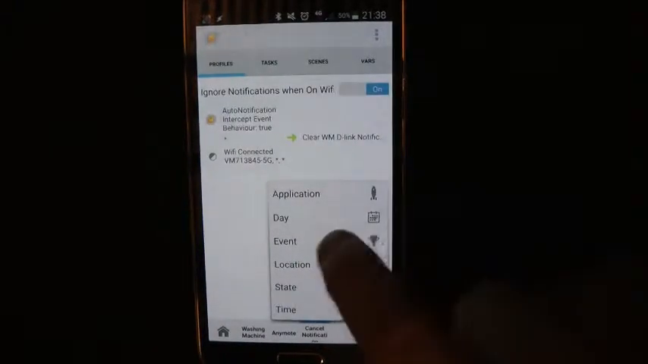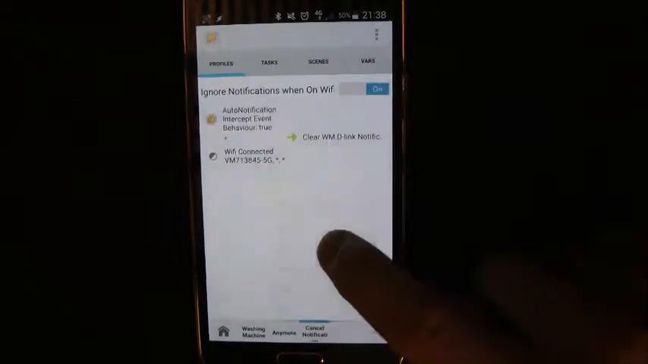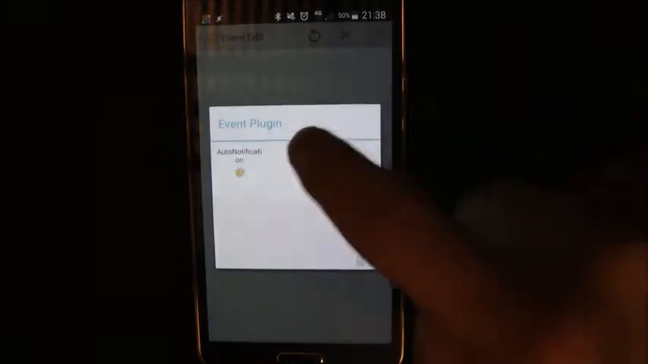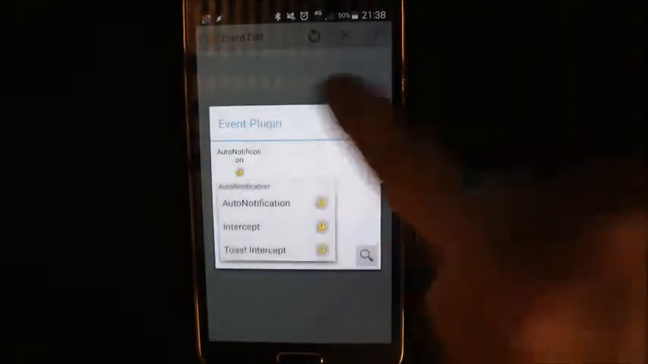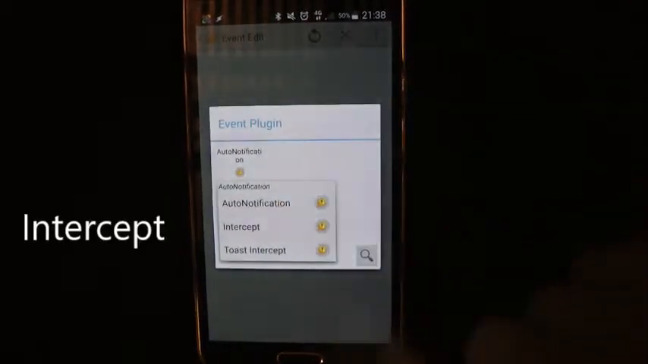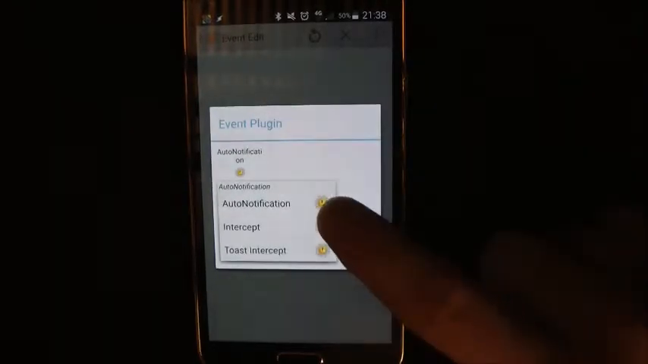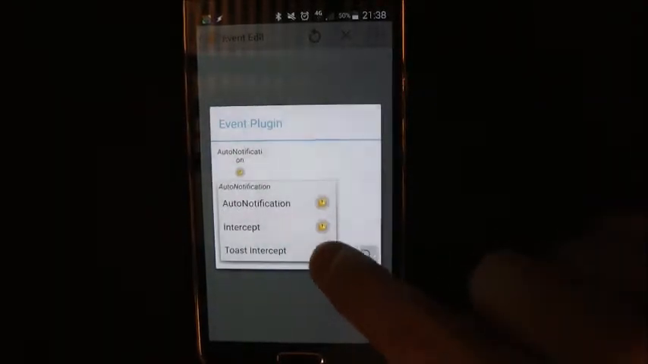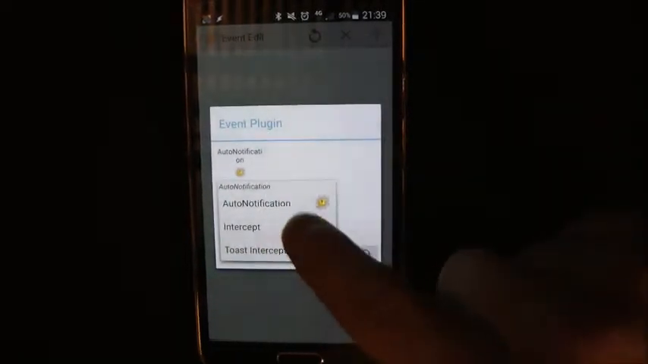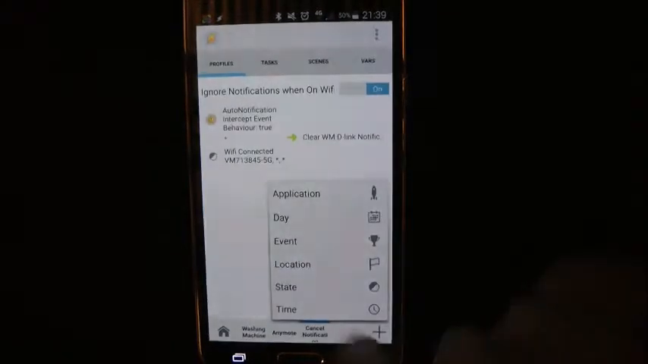and in this instance we want an event that's going to be the trigger, and the event will be the plugin of the AutoNotification, and that's type. And basically AutoNotification is going to detect the notification and pass all the information through to Tasker, and the rules that we use in Tasker